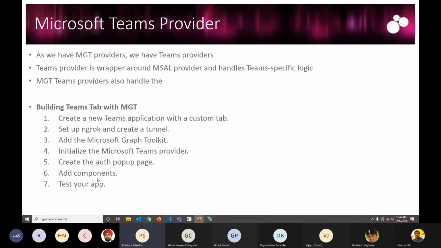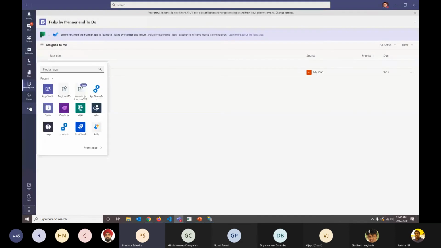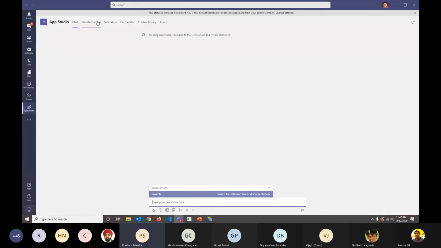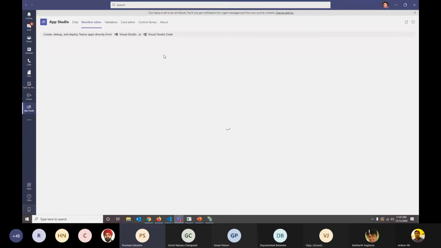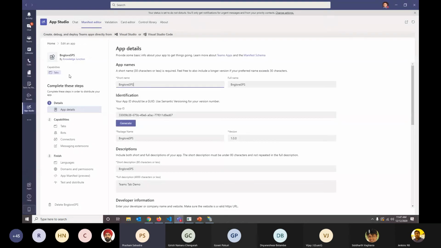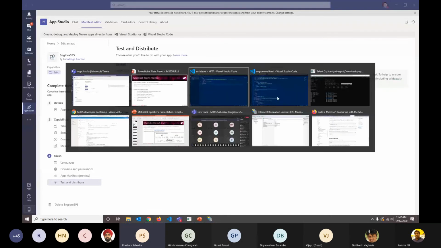As we saw, if I go to the Microsoft client again, with the help of App Studio I need to go to the manifest editor, because behind the scenes there is a manifest file. I'll show you that as well. I could edit this, and on editing there are various tabs under the left pane, and there is a test and distribute tab as well. If you see this, it shows me all my errors if available. Now this is the domain name error. That was just a warning because we are using this ngrok domain.